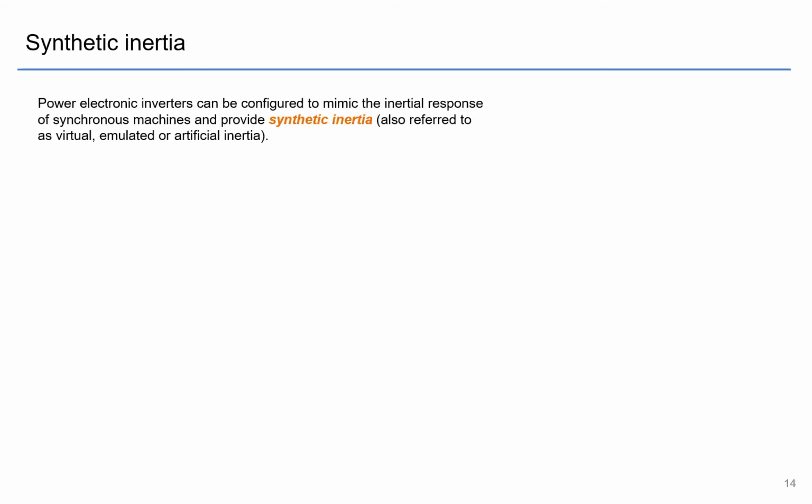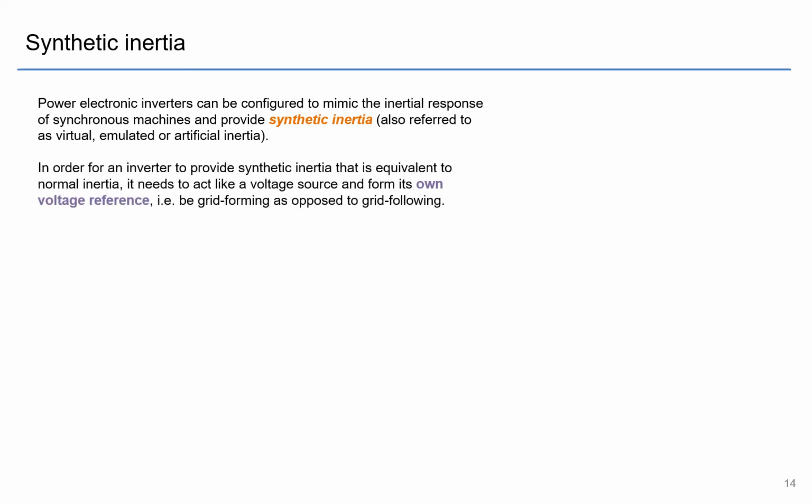Synthetic inertia is a term that's bandied around quite often, mainly for wind turbine generators that have their converter controls configured to mimic the inertial response of synchronous machines and provide some kind of synthetic inertia. It's also referred to as virtual, emulated, or artificial inertia. But in many ways, this kind of synthetic inertia, which is still control system driven, is not real synthetic inertia, because for an inverter to really provide synthetic inertia that is equivalent to normal inertia, it really needs